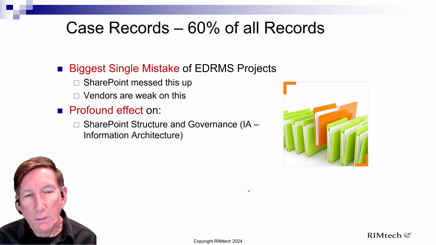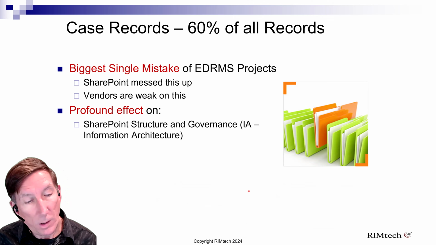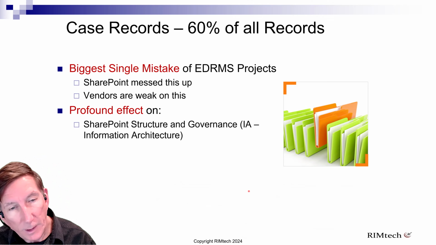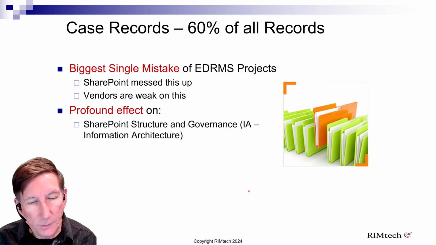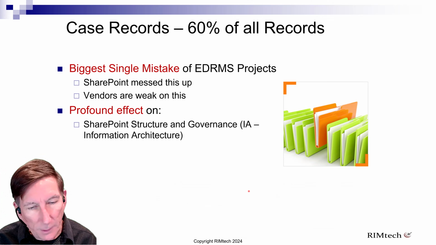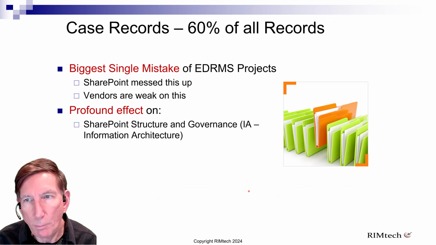Now, the record software, no matter which of the 5 products you buy, will force you to tell it, of all those 12,000 records coming at me every day, which ones are the case records. In your retention schedule, you have to specify which categories are case records. Why? Because the software uses a different algorithm to compute disposition for case records. This is going to have a profound, let me repeat this, a profound effect on your